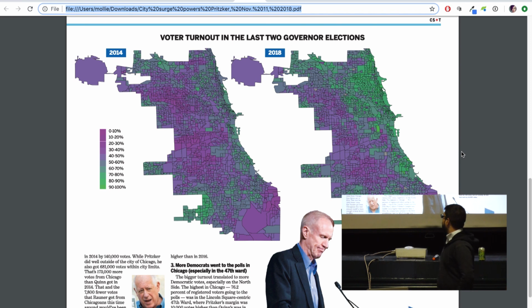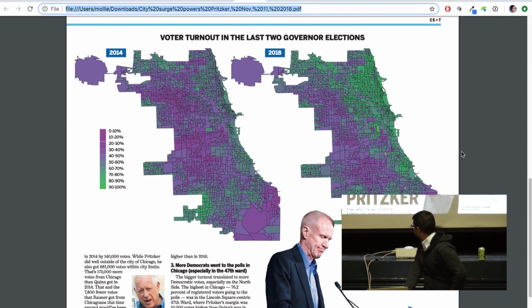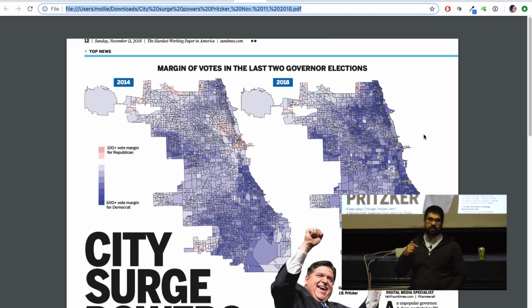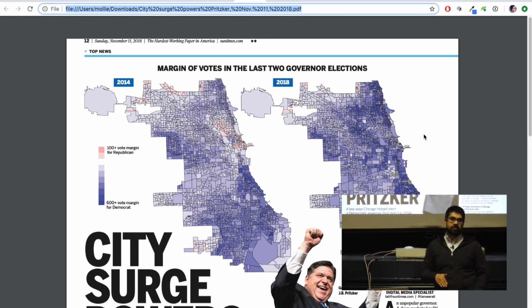Oh yeah. So I do have the numbers. I can't quote them exactly, but I know in this area, Rauner's vote went down and Pritzker's went way up. So it was a matter of turnout, definitely. Definitely on the north side, and then on the south and west sides, it was like steady. So that would have been enough right there, just to help him. Though I mean, Pritzker won like enormously. So like, I guess it counted. So, yeah. So I don't know.